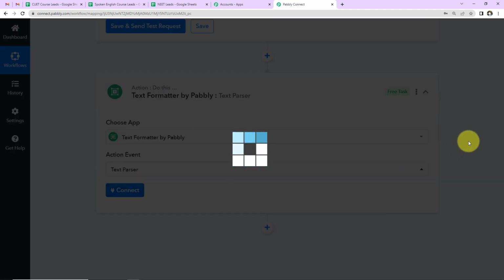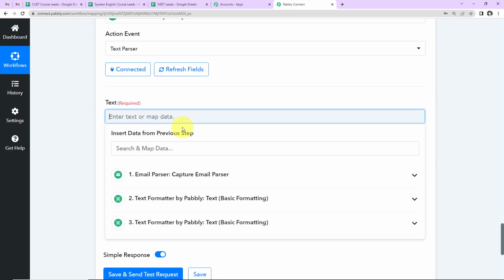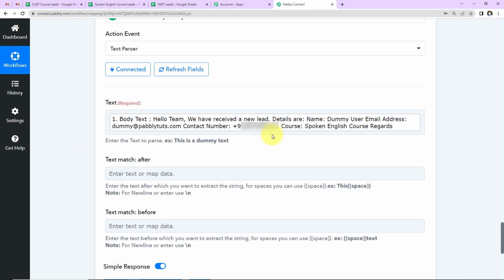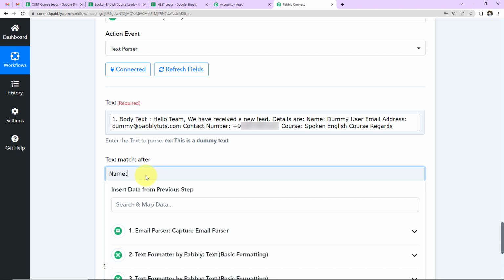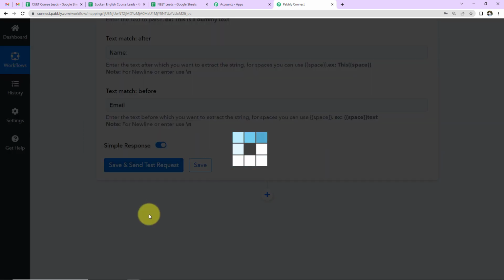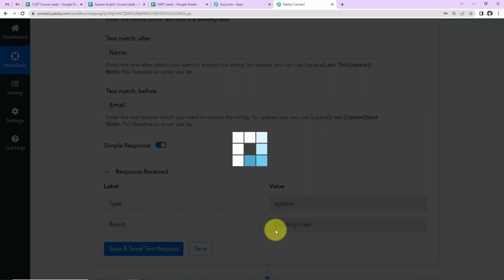First of all I'm going to click on connect, and here I'm going to again map the string. Here that's the body text. Now here I want the name of the person. So basically I need dummy user, these two words. The text match after will be name with colon and text match before will be email. So here I'm going to write the same name and colon, and then here I'm going to write email. Okay, now as I click on save and send test request, you can see we have received the name